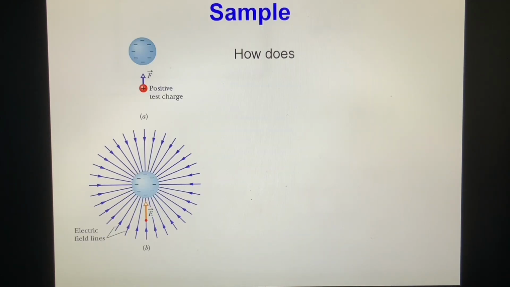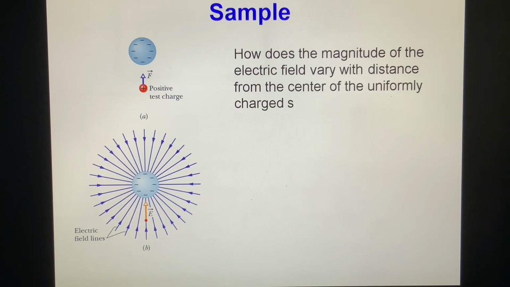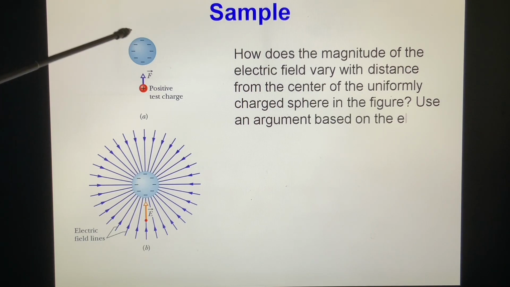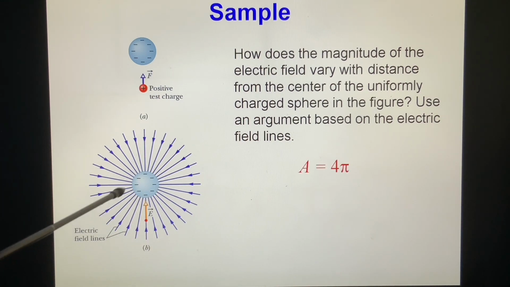Sample. How does the magnitude of the electric field vary with distance from the center of the uniformly charged sphere in the figure? This is a uniformly charged sphere. We want to find the magnitude of the electric field. And we know electric field lines terminate at negative charge. So it should be like this one. Okay. And we see if we make this distance,